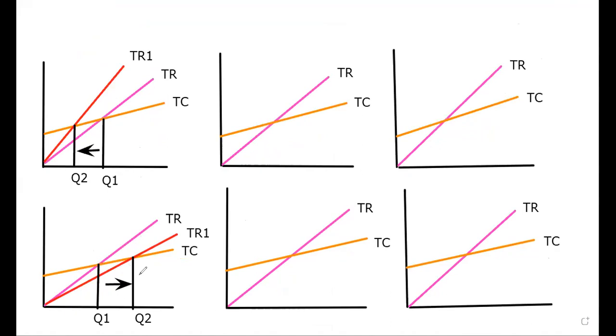So these two diagrams you have to draw in the first two boxes. The second scenario I'm talking about is what happens to the fixed costs. When the fixed cost increases and when the fixed cost decreases, what kind of impact is there on the break-even quantity? Okay, so now we'll go to the fixed cost scenario. You can see the second and third boxes. You can see when the fixed cost changes.